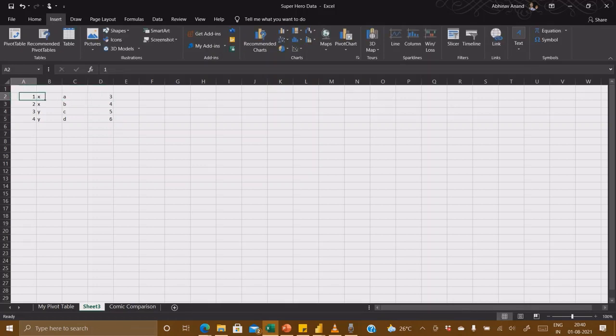Now what that means here is, for example, we have two levels of granularity. So x cross a, this is two levels. But somewhere we just want to see this b column.